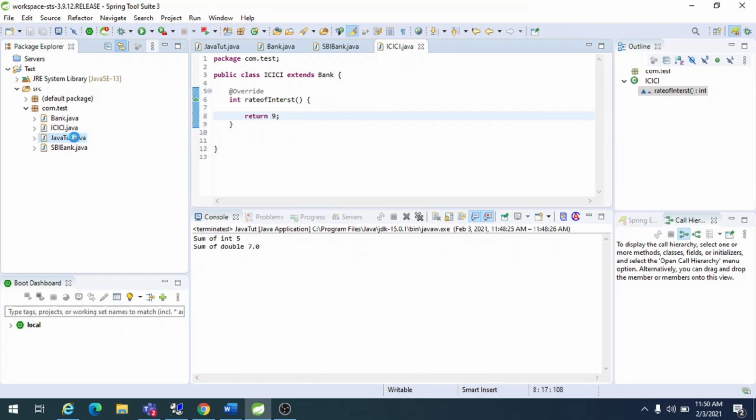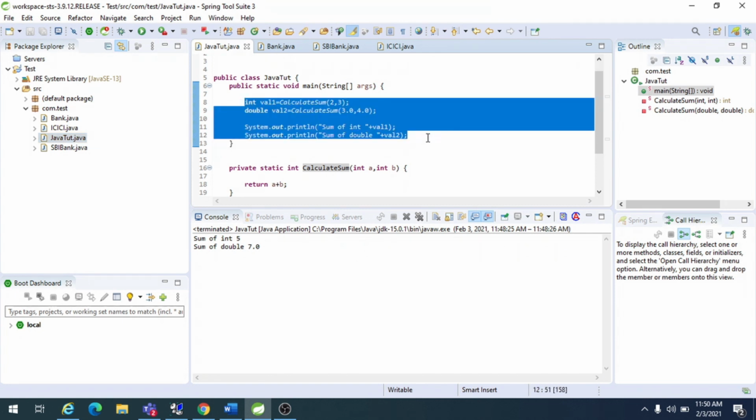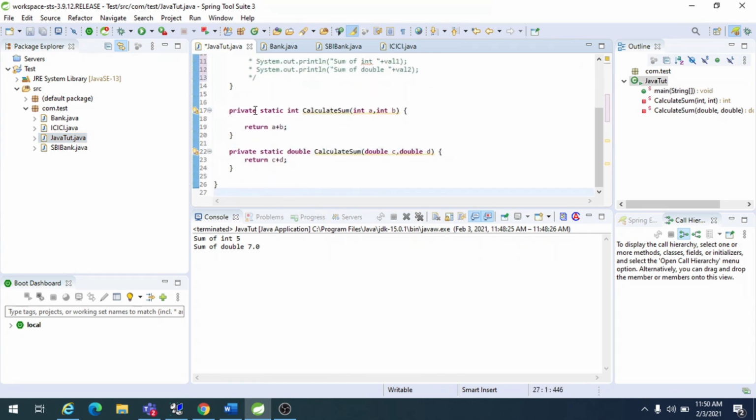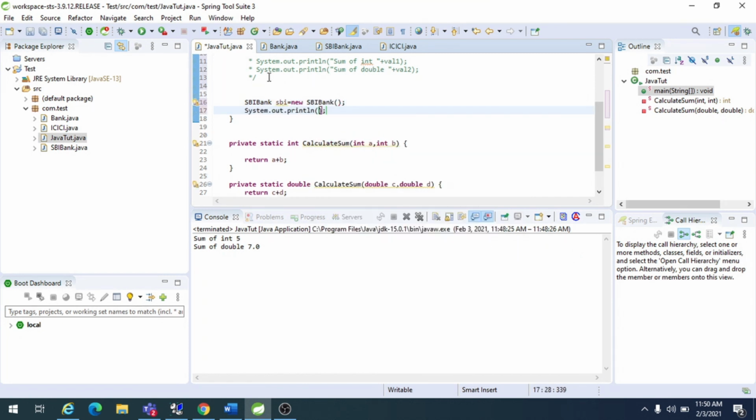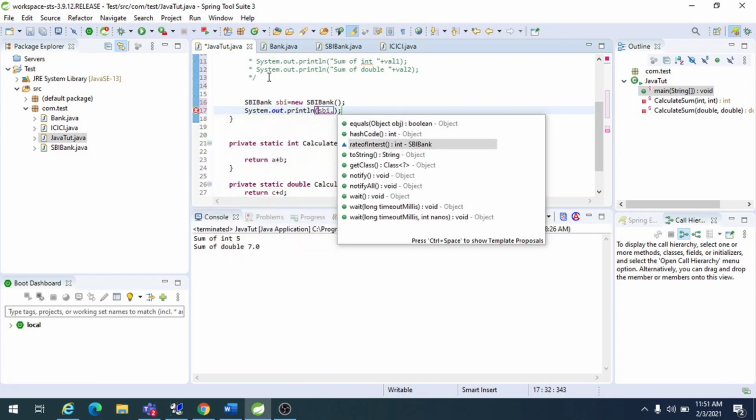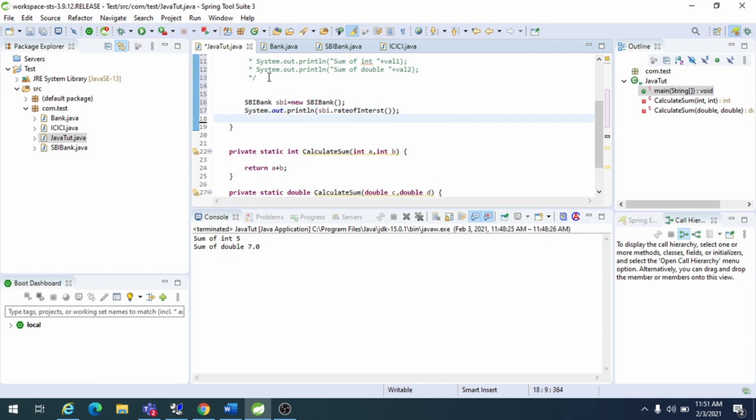In my main class I will comment all this code. Here I will create an object of SBI Bank, SBI equal to new SBI Bank, and get the interest rate of SBI Bank, SBI dot get rate of interest. Similarly, I will put some comment here, rate of interest in SBI Bank.